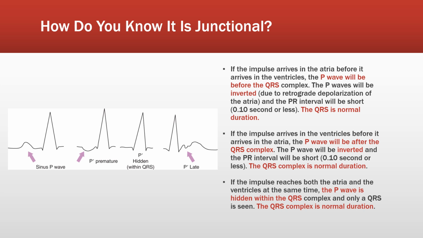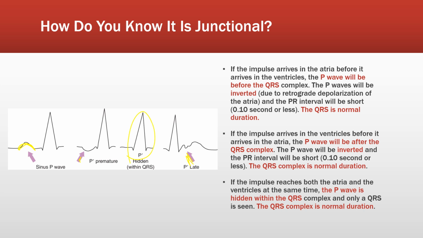So how do we know it's junctional? Here you'll see the normal sinus: the P wave has a positive deflection, and it's followed by a QRS. But when we have a junctional rhythm, it's coming from the AV node, so now we're firing up from the bottom, and we're going to see inverted P waves. The inverted P waves can be before the QRS, so here we have one before the QRS,